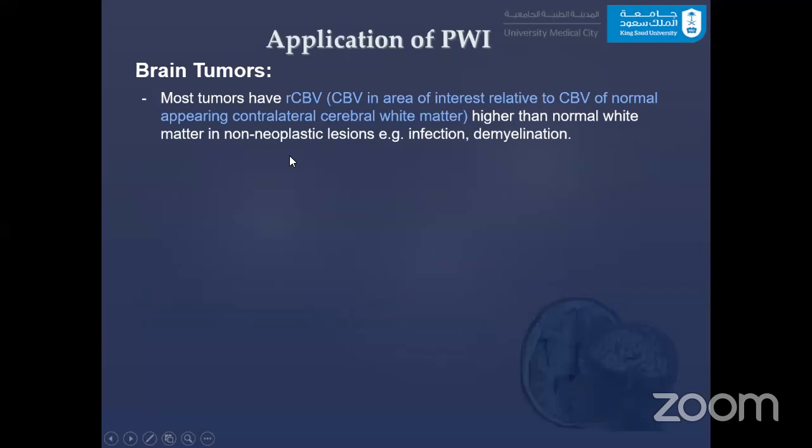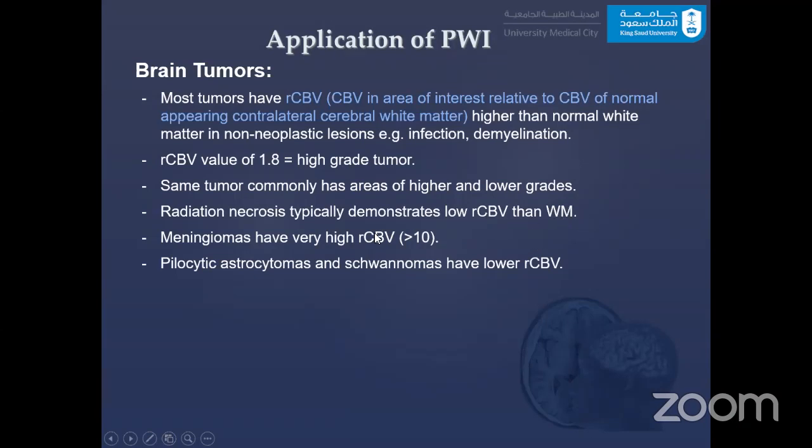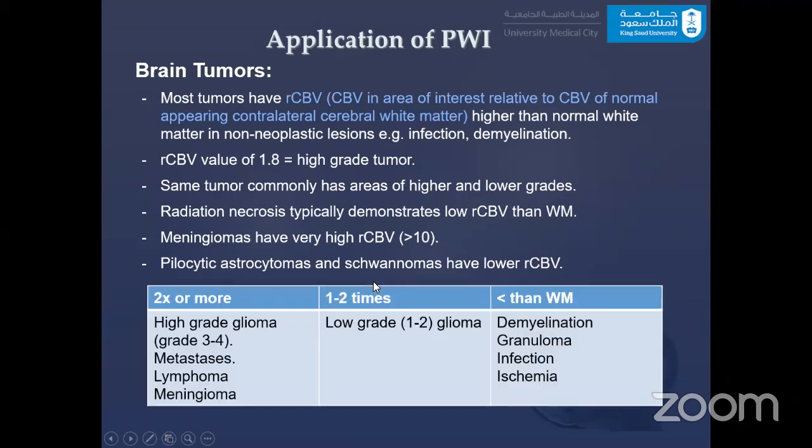Most tumors have higher relative cerebral blood volume than white matter. Again, for example, as I mentioned, it's 1.8 for higher grade tumors. Some tumors commonly have areas of higher and lower grades. Radiation necrosis typically demonstrates low relative cerebral blood volume compared to the white matter. Meningiomas have a very high